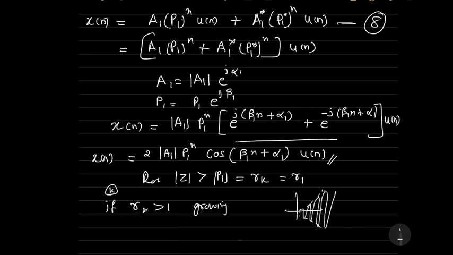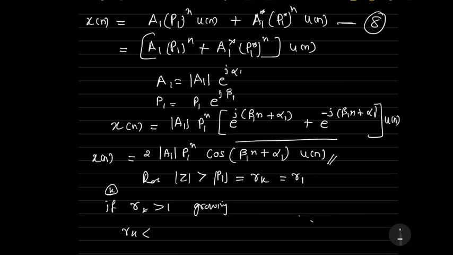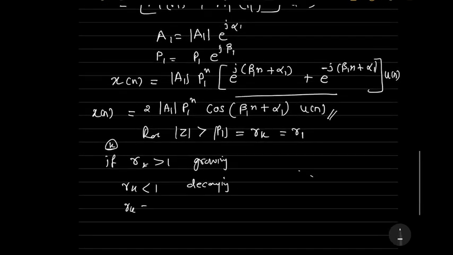If Rk is less than 1, then the signal is decaying, and if Rk is equal to 1, then it is constant,